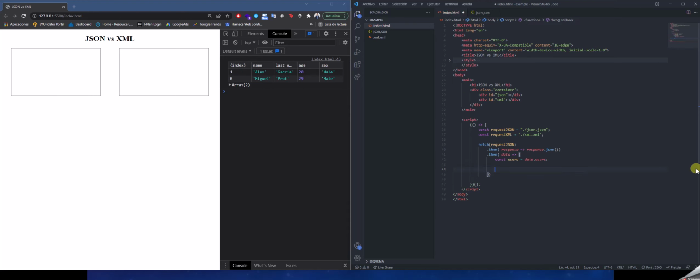Well, we need to use the users inside a for loop or forEach. I'm going to use a forEach, and for each user inside the users we're going to use it. Okay, now we got it. And now we're going to use the user.name and user.lastName,